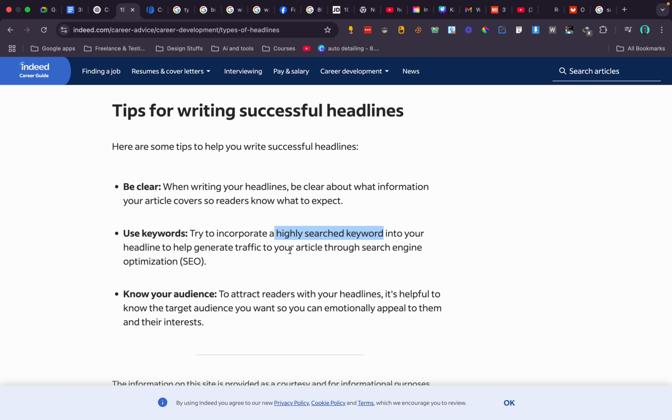Now, if people are looking for Pampers, and in your own content you write diapers, your content might not rank. If somebody has another content and they use Pampers, because a lot of people are searching for Pampers, their content will naturally rank over yours because they are using the words that people are searching for. So that means your content is optimized with the right keywords that people are looking for.